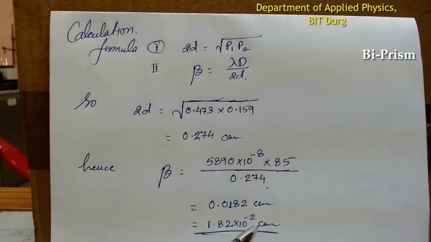So in this way we obtain the value of the fringe width, which was a bit tough job when performed by counting the fringes, getting the separation of them and then dividing by the total number of fringes to get the fringe width. That was a tough job, but with the help of this method we can very easily calculate the fringe width. So that's all in this experiment.